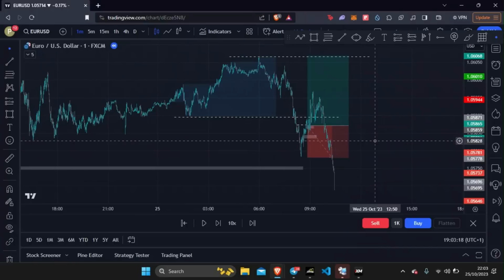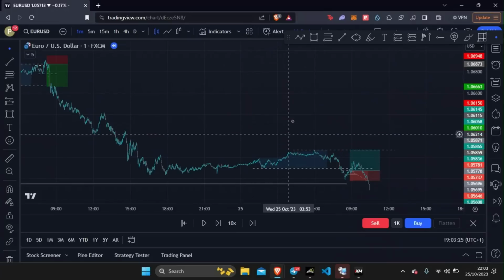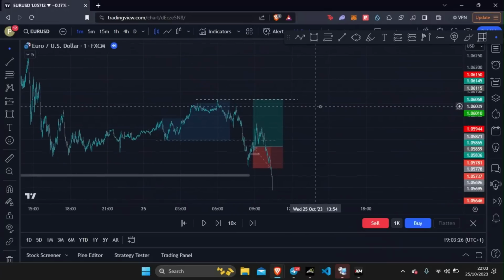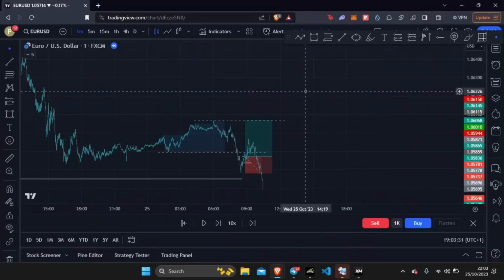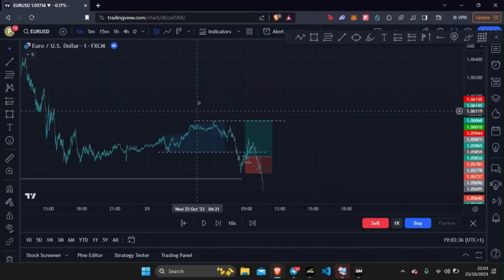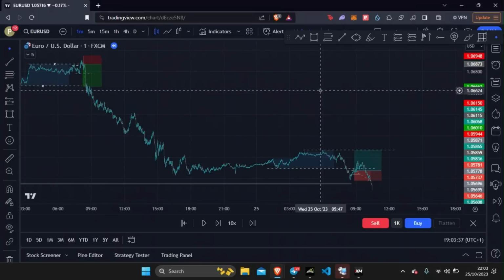Last week, we hit a nice 6% overall gain on the account, and this week, we're up 2%. So that just goes to show that altogether, since last week, we are up 8% on the account. So that is amazing, and that's why I just love this strategy, because the power of sticking to one strategy, understanding it, and being able to take trades every single day is something so powerful